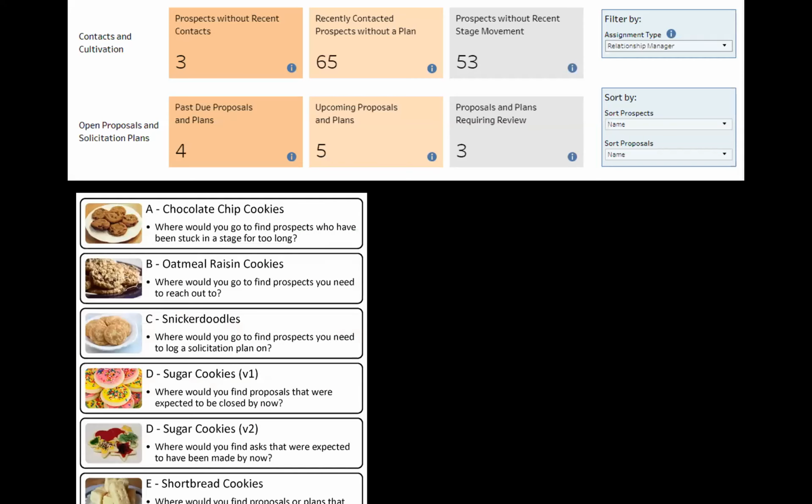So this is the main content at the top of a dashboard that we tested, and below are some of the scenarios from that round of testing. So this round was all guerrilla testing. Each person we tested got one of these scenarios. They're named after cookies because we used cookies to lure them to the conference rooms so that they would be stuck testing with us. It worked.